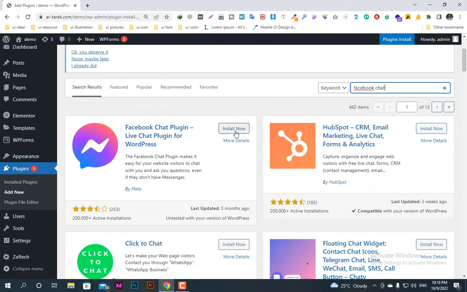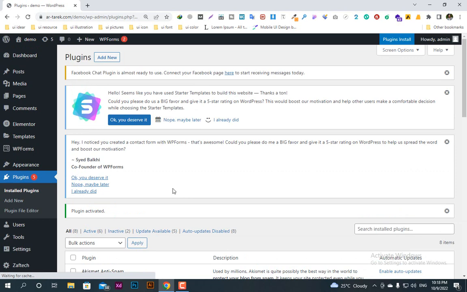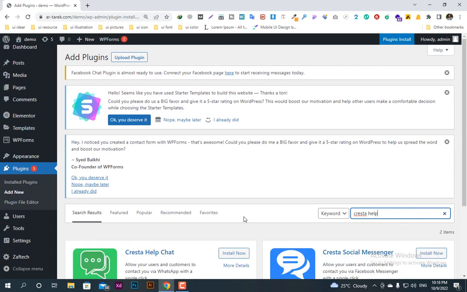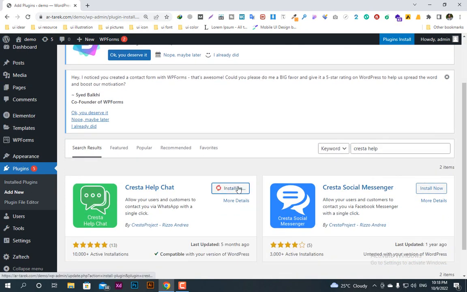Okay, then we'll install this first plugin. Then click on activate. Okay, now for the WhatsApp one we'll go to add new plugin again and then search Cresta help. Okay, we'll install this first one